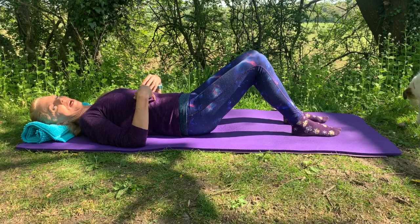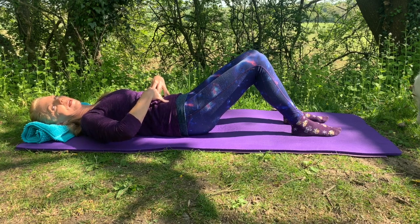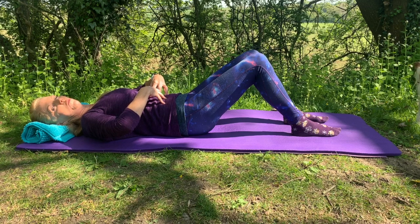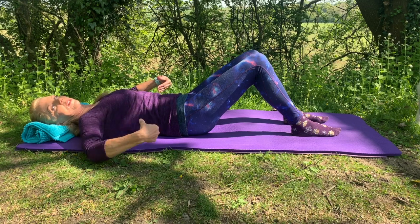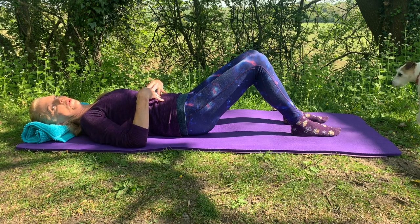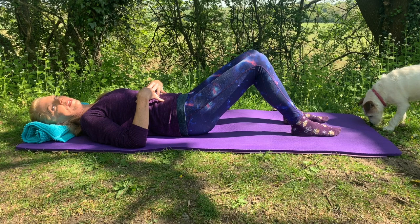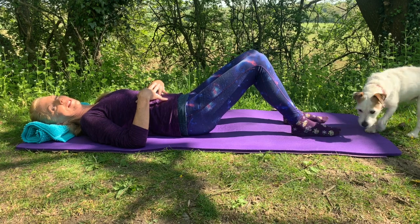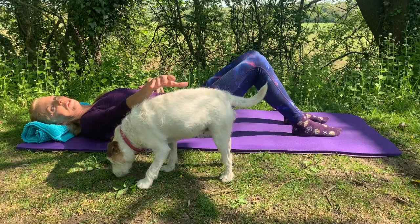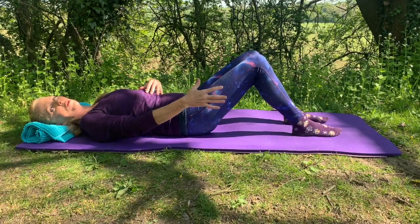Exhale to press down with the ribs and the belly, pushing your back down into the mat. Hold your position and now take your inward breaths using the outside of your rib cage. Hold your imprinted spine and on the next breath, release. Well done. We're going to incorporate that supported position for the core with some of our movements through the legs